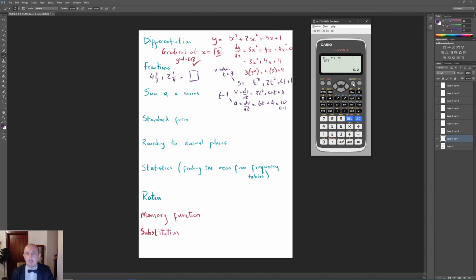If I take it to Menu and then number 3, Fix and 0, I press equals, it's rounded that to the nearest whole number. Okay, but be careful with that one. It's better to just use it for 1 decimal place. So we're going to put that back to normal, and let's find something like